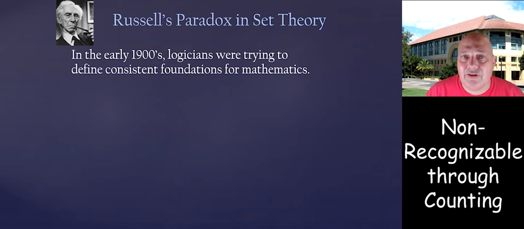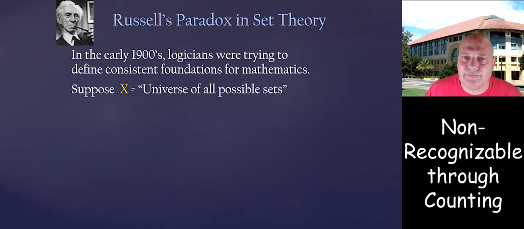So in the early 1900s, there was a movement by logicians to define a consistent foundation of mathematics, a logical system that is consistent and somehow based on some basic axioms and basic derivation, we can derive everything that's true in math. We will come back to this idea towards the end of this chapter. But let me mention one of the first issues with this idea, and that's